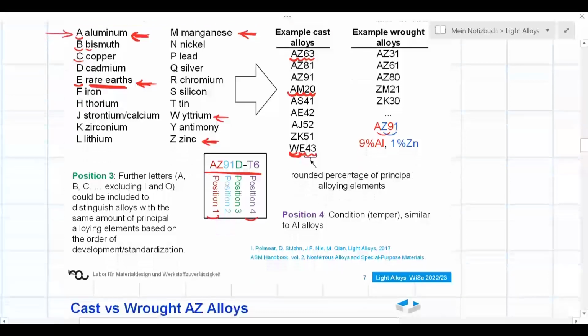We could also have extra positions. Position 3 could be there, and this is a way to distinguish those alloys which, in terms of the amount of main alloying elements, have the same amount, but they have been new developments. For example, initially people thought 6% aluminum, 3% zinc would be a good combination, but then they changed the amounts of other alloying elements. So probably the first development didn't have much manganese, then they decided to put some manganese to enhance corrosion properties, and then there was another modification, and every modification was